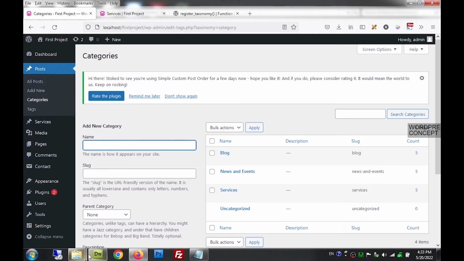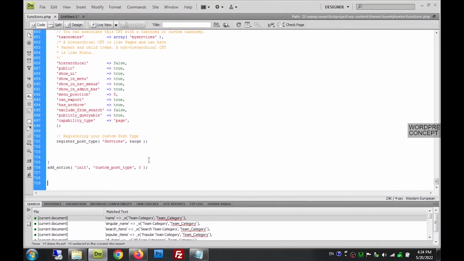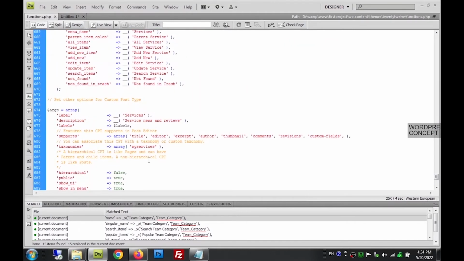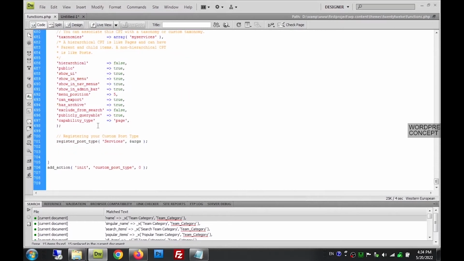So we will start with making a custom post type first. To make a custom post type, in the last lesson we used this custom post type function, and this function was triggered by this add action statement. And here is the actual statement that basically creates a custom post type. Now we are going to create another custom post type, which will be